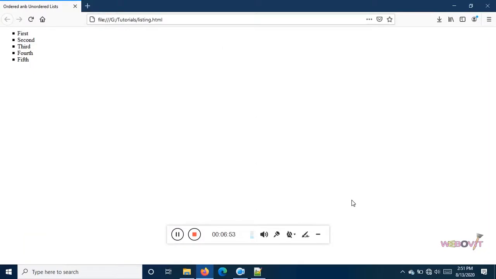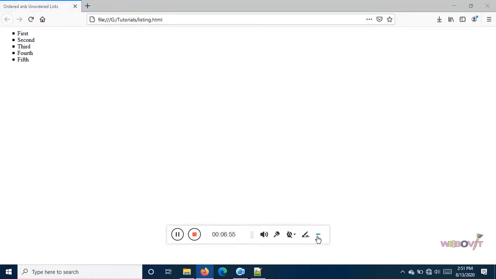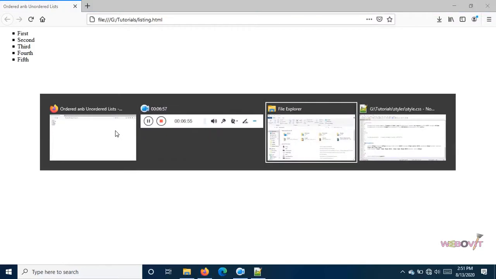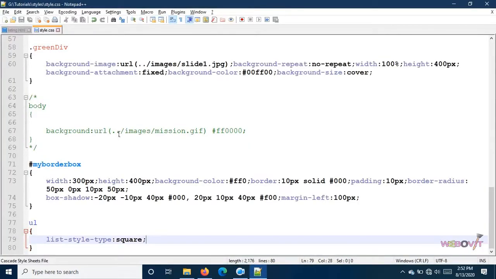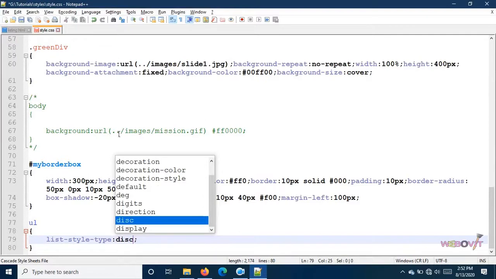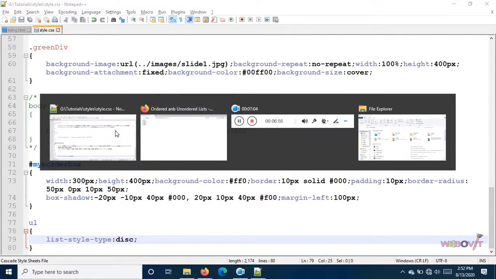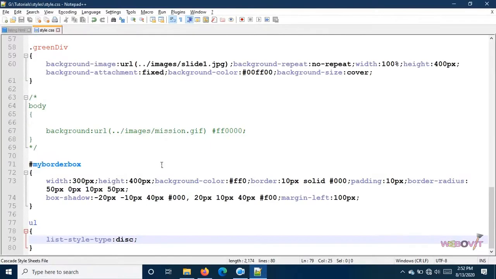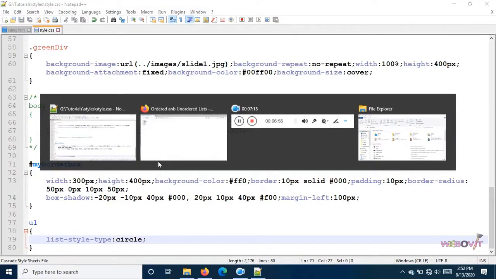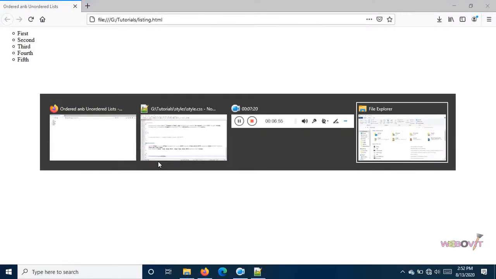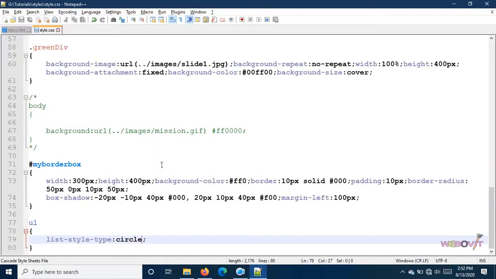This one will remain the same, no changes, as we were having the square in the previous section also. Now we will change it from square to this. Now see the preview, this is this, and we could use circle as well. This is circle. So now you already understand how, using CSS, we can give styling to a particular element, particularly in this case for an unordered list.